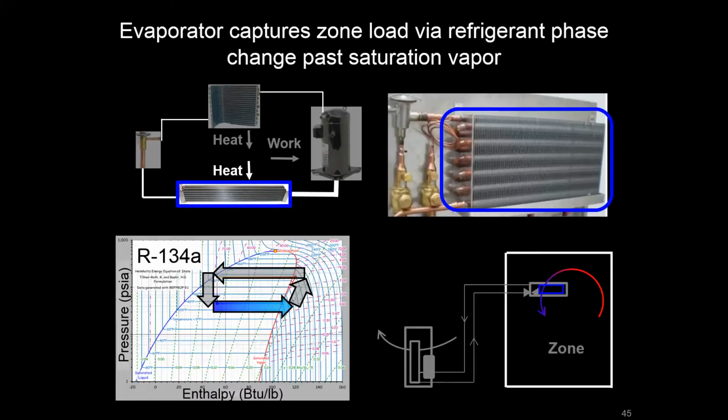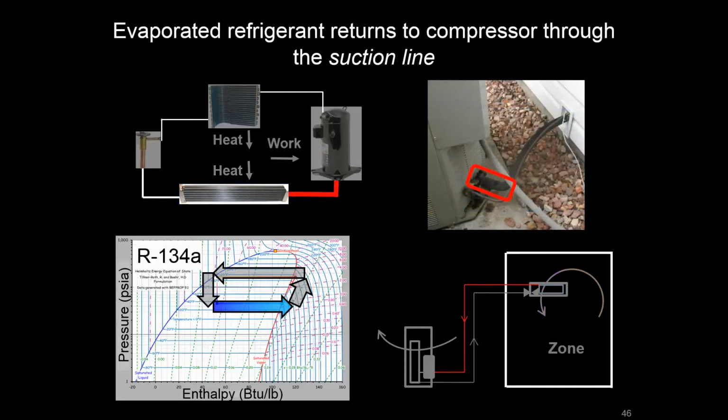But it's going to capture that zone load, and as it does that, it's going to boil or evaporate. And on the saturation chart here, you can see that it's at a constant pressure. It's leaving the vapor dome, and it's going into that vapor state. And it does that discharging into what's called the suction line, which is this line going into the inlet of